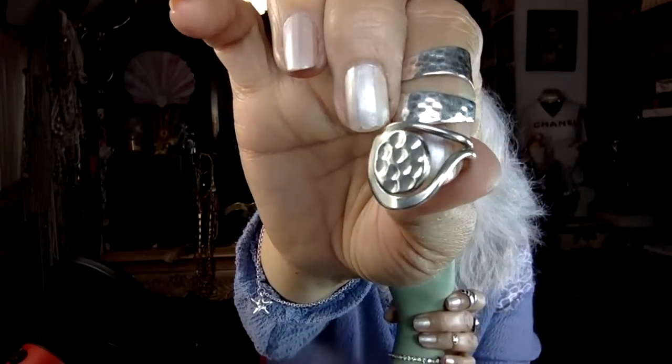So let me take these off for a minute. I got to leave the Larimar on. I just love it. All right, so those are the rings. Let me put them on the hand so I don't lose them. And thank you again. Oh, I showed you this one, right? This is the one that's adjustable. It's actually movable, and it is so hefty. Oh, I didn't show you the...